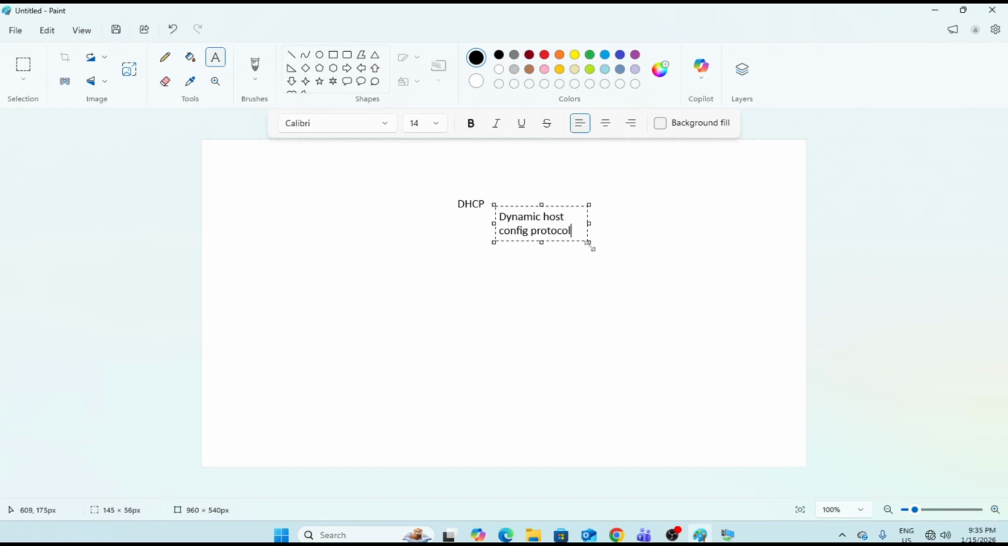So why do I need it? What is the use of DHCP? DHCP is used to deliver the IP configuration, subnet mask, and DNS and so on. So the use of DHCP is to deliver the IP configuration, subnet mask, and DNS to